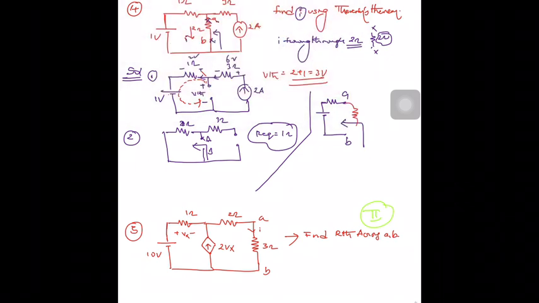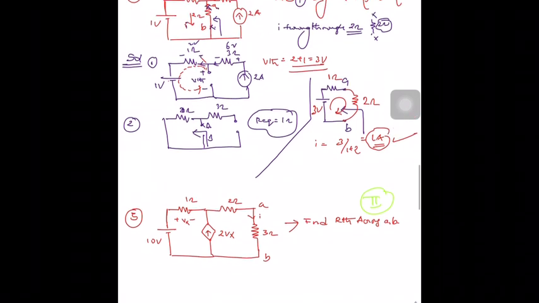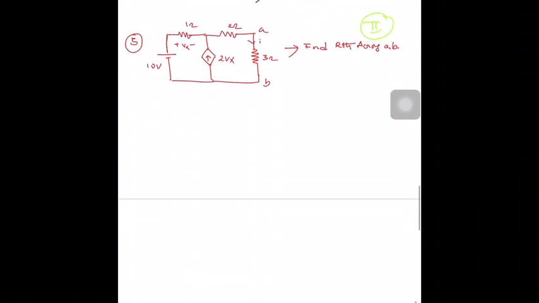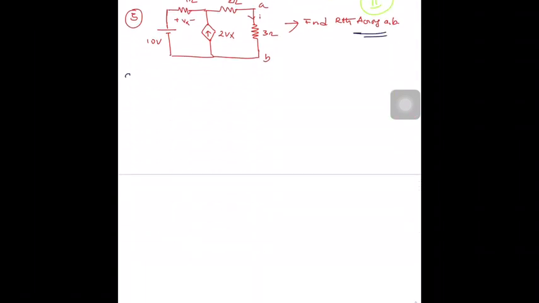For this we have done so far. So now replace that element back, which is 2 ohms. What is VTH? 3 volts. What is R equivalent? 1 ohm. So now current I is equal to 3 by 1 plus 2, 1 ampere. This is what they have asked for, right? Done.